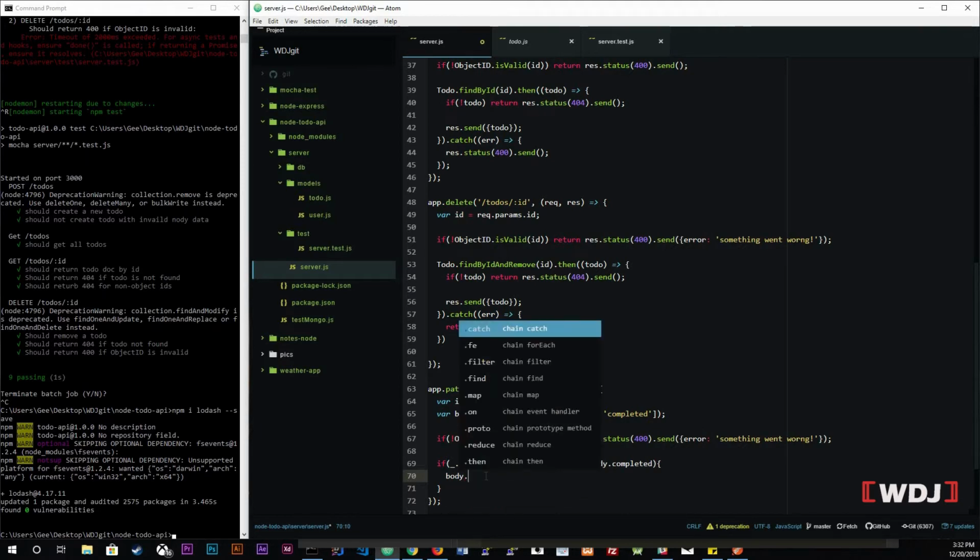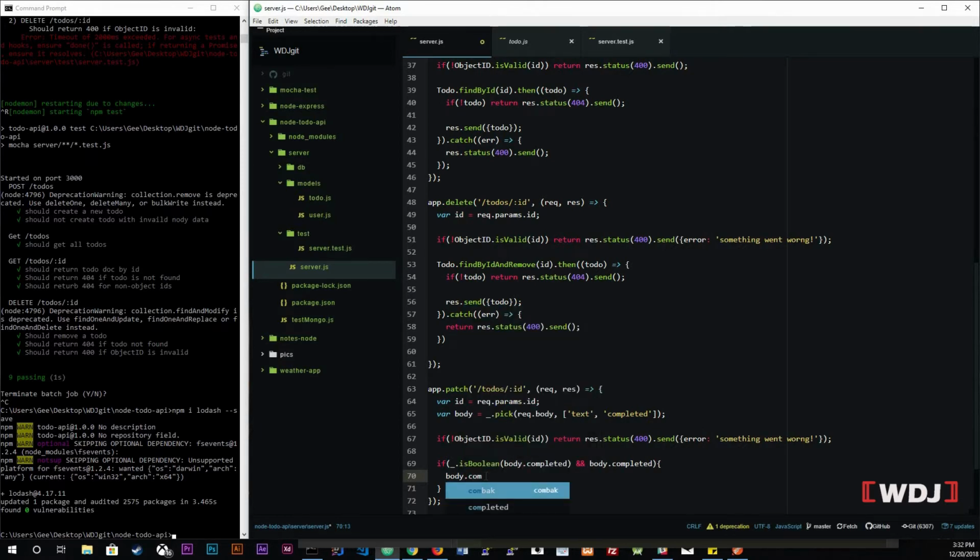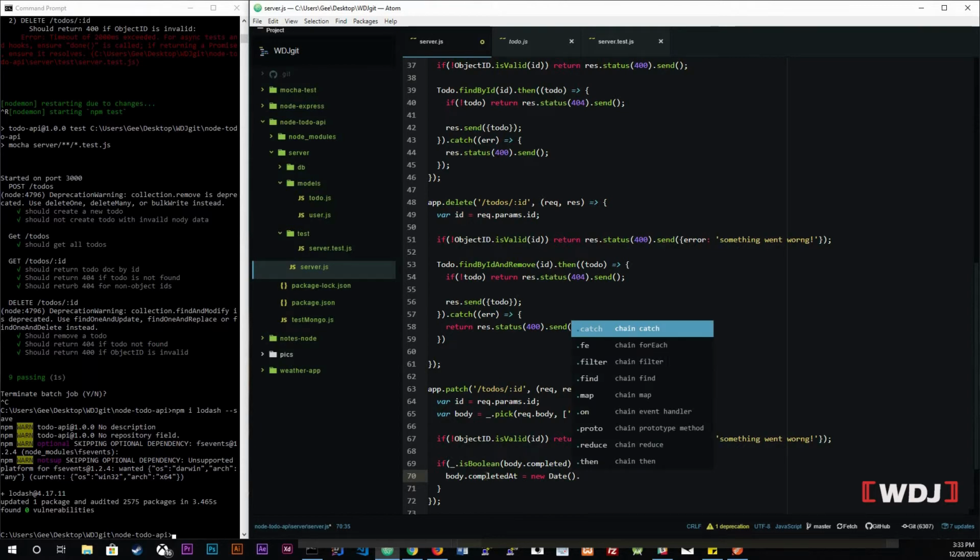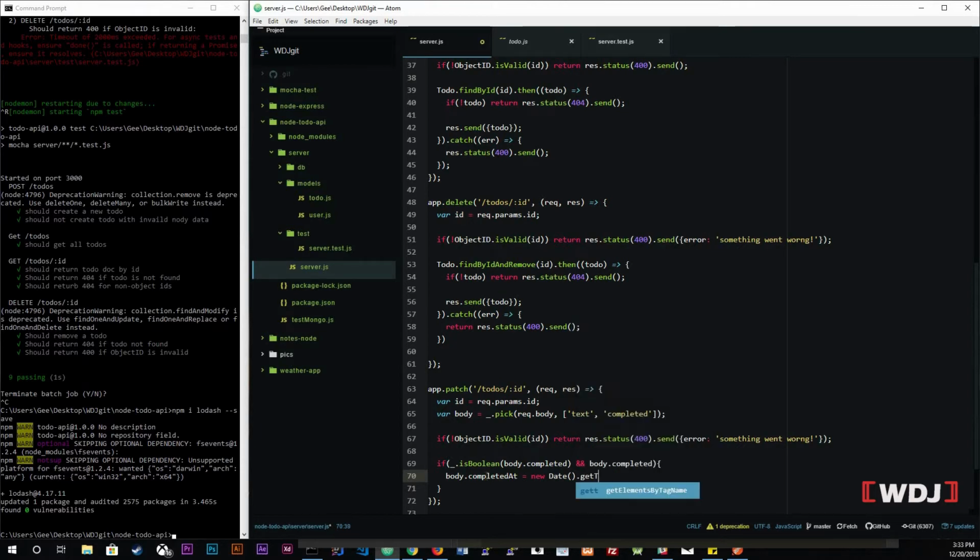dot completed at, we're going to set that to new Date. Now Date is a JavaScript function, and we're just going to get time from that, which is just going to give us a timestamp of whenever it was completed at. Okay, you will see that in a bit. So we're just saying if everything is true, then we're going to set body.completedAt to a timestamp of whenever they sent it. Else,